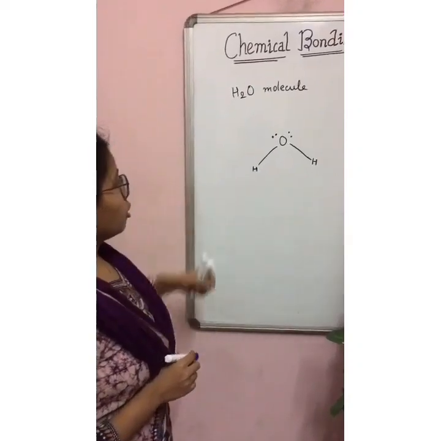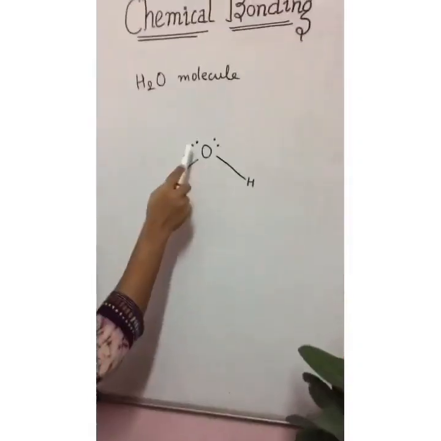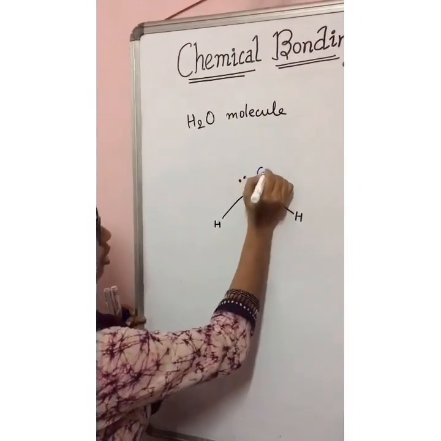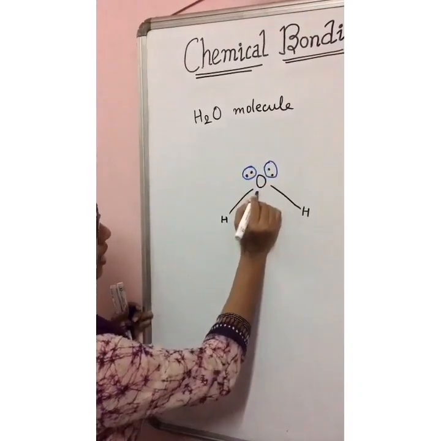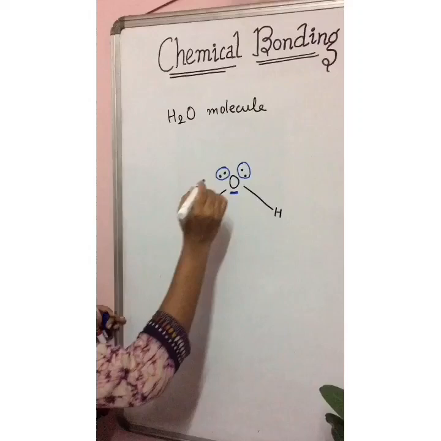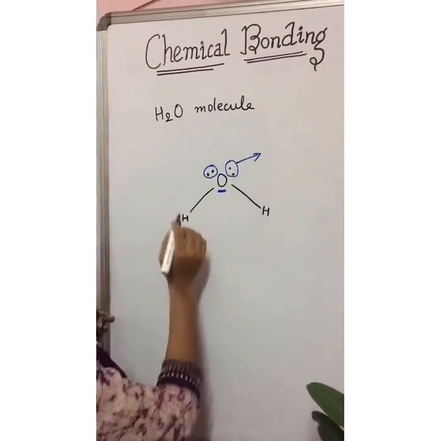Let us draw the water molecule structure once again. Now water has 2 bond pairs and 2 lone pairs, okay? Now this lone pair of electrons means what? They remain only with the central atom oxygen. They are not being shared by anyone. Now water can donate this electron pair to form a new kind of bond which is called